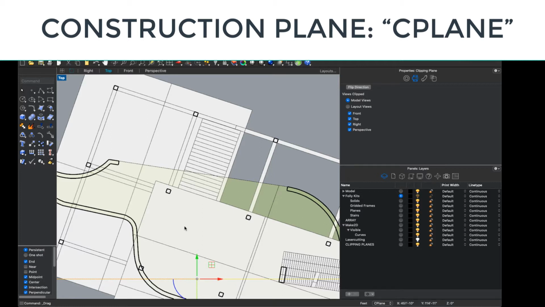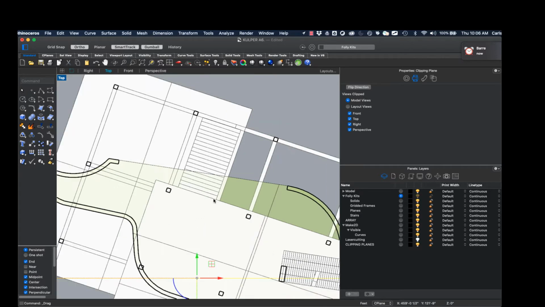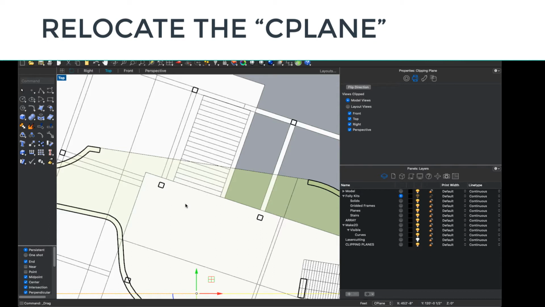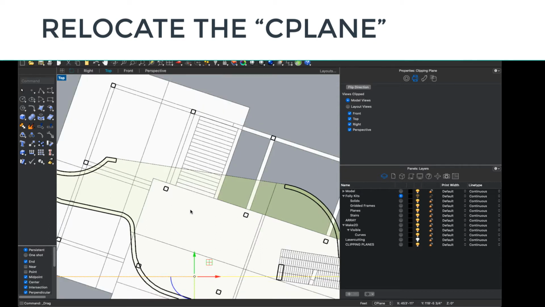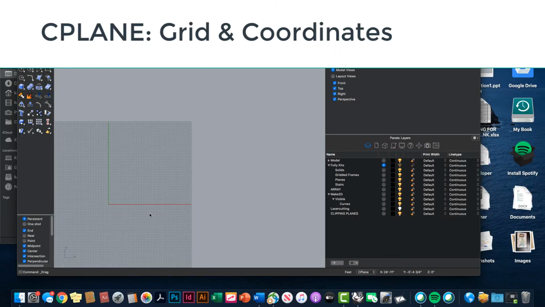So if I'm looking at this condition and I know that I need to Boolean away a portion of this slab, it's a little bit difficult to figure out how to construct that rectangle. It's on an odd angle and I can't really see the object. So I'm going to move the construction plane just for the drawing of this one condition, and then I can move it back. We know where the construction plane is because we will see it as a set of organizing devices, a grid, as well as my X, Y, and Z coordinates